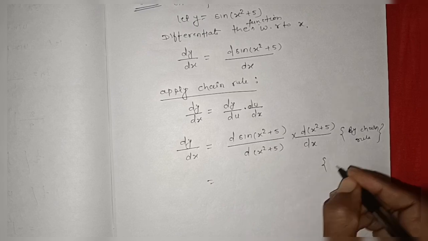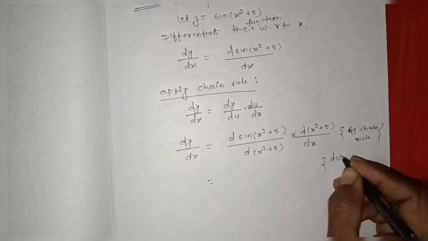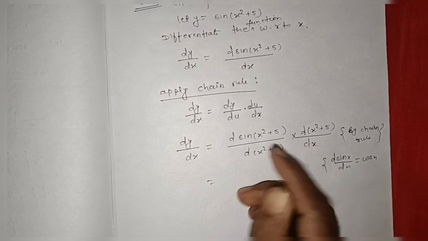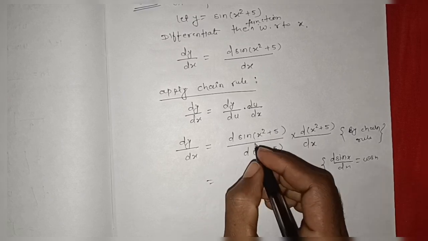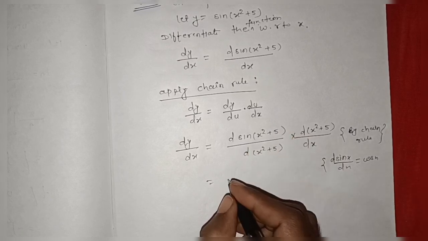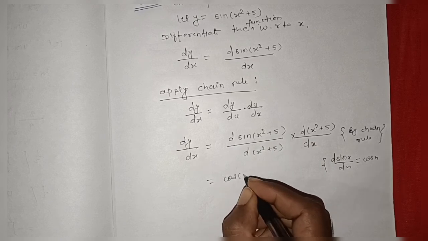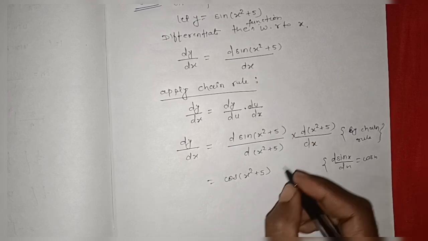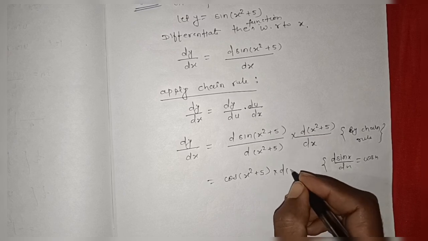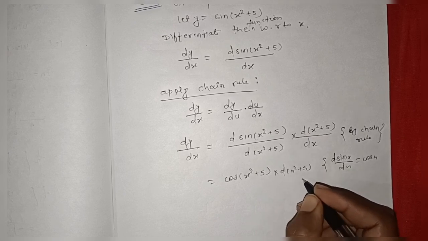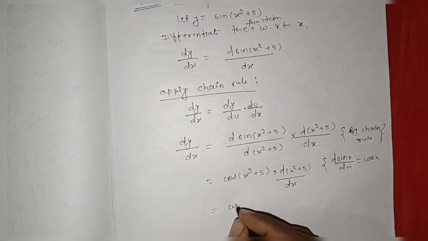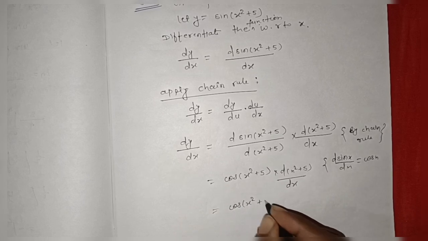Also, we know that d(sin x)/dx is equal to cos x. So this is equal to cos(x² + 5). Also, d(x² + 5)/dx equal to cos(x² + 5)